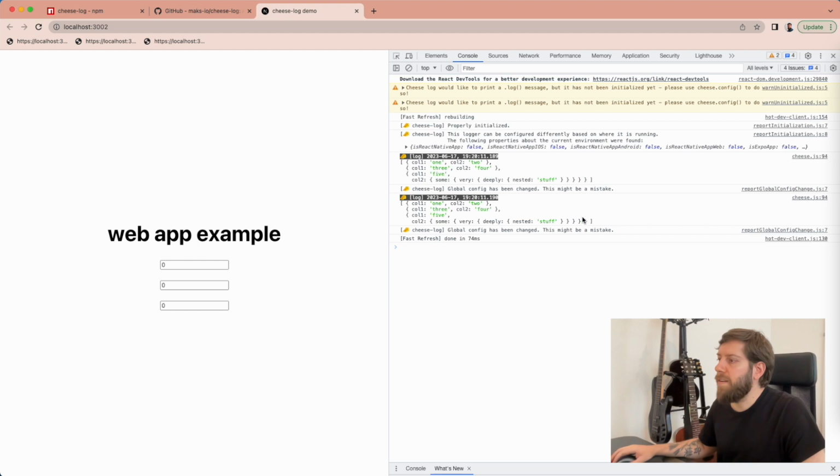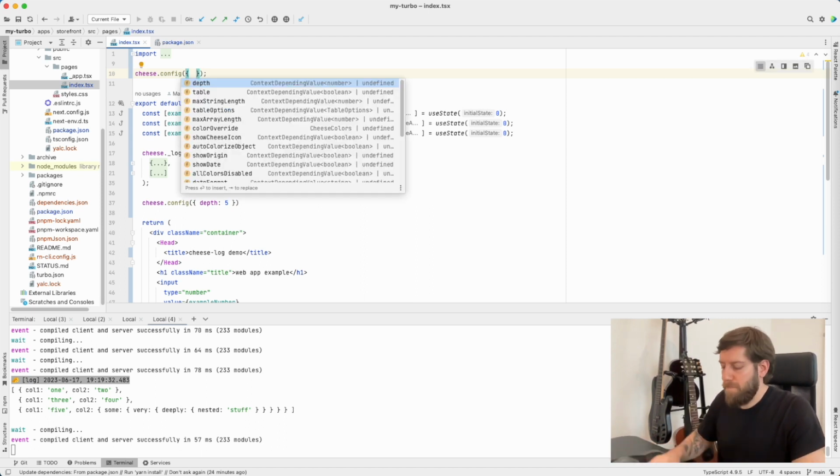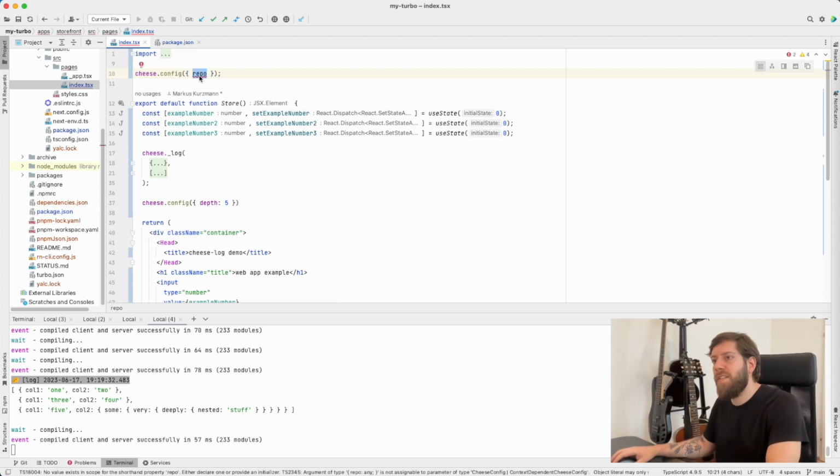If you do that, you get another warning saying global config has been changed. This might be a mistake. Right. Also, those warning messages can be disabled within the configurations themselves. So I think it's report global config change and report initialization. Yeah, they are both booleans. If you don't want to see it,